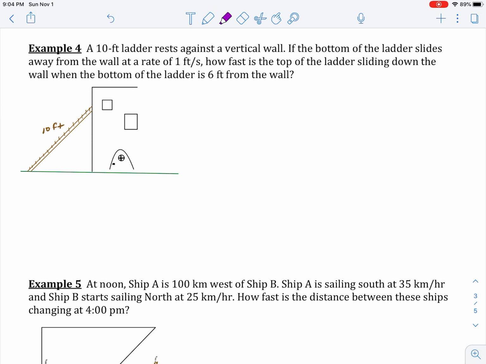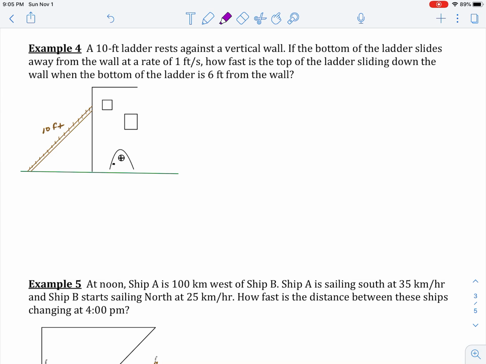All right. A 10-foot ladder rests against a vertical wall. If the bottom of the ladder slides away from the wall at a rate of 1 foot per second, how fast is the top of the ladder sliding down the wall when the bottom of the ladder is 6 feet from the wall? All right, so I've drawn the picture so far, and we know that the ladder is not going to change